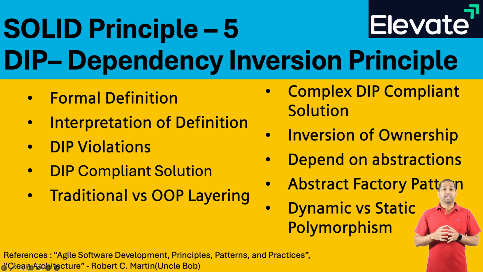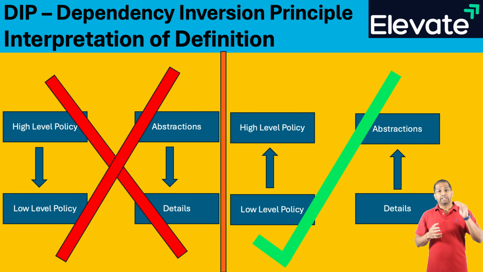The dependency inversion principle is basically twofold. First, it says high-level modules should not depend on low-level modules. Both should depend on abstractions. Second, abstractions should not depend on details. Details should depend on abstractions. This is how we can illustrate this principle in a diagram. Instead of high-level policies depending on low-level policies and abstractions depending on details, this principle enforces that they should be